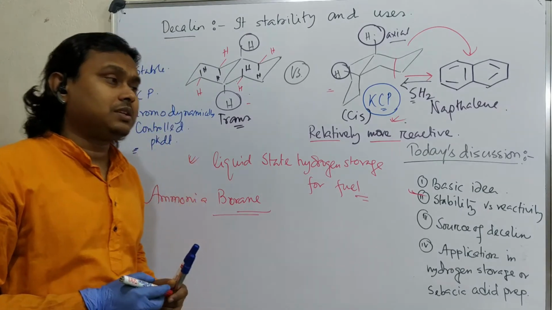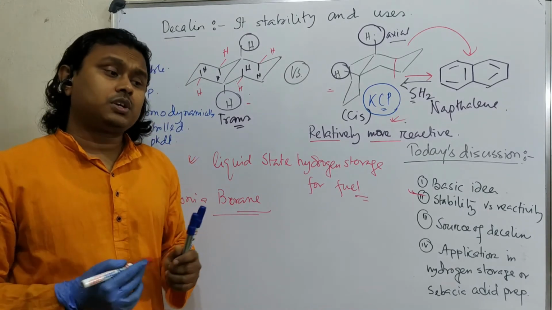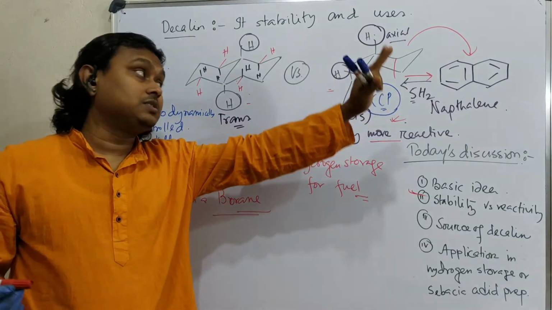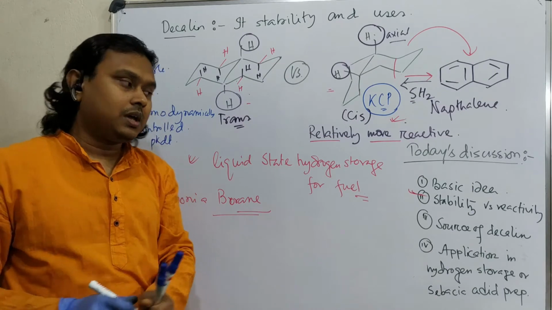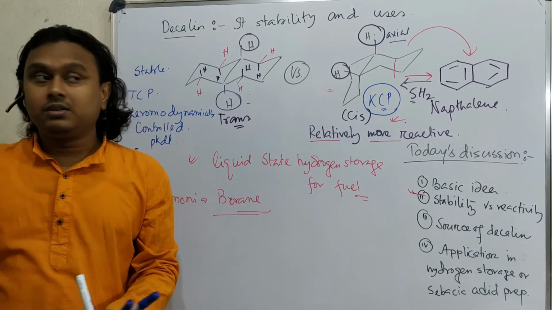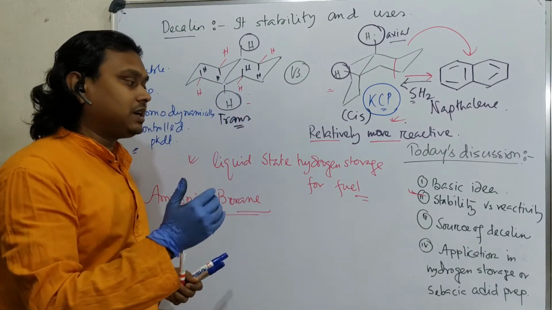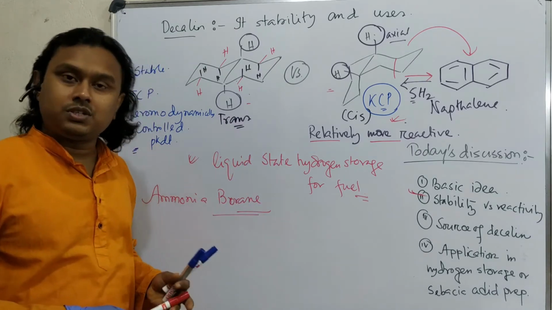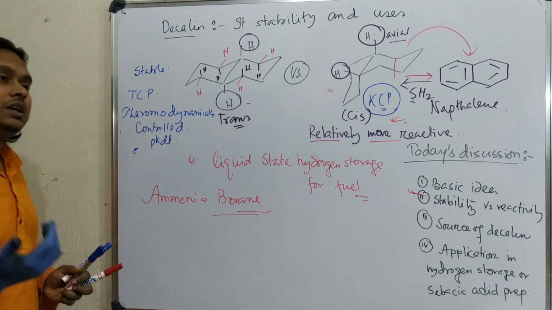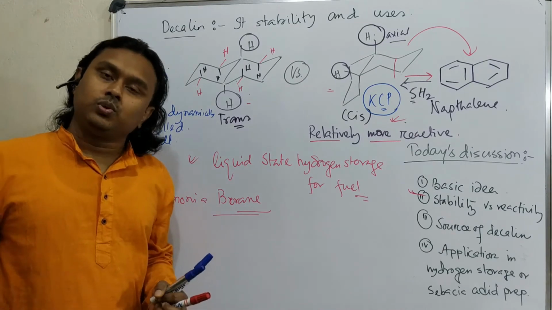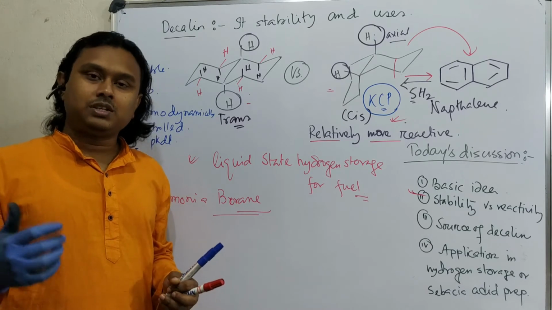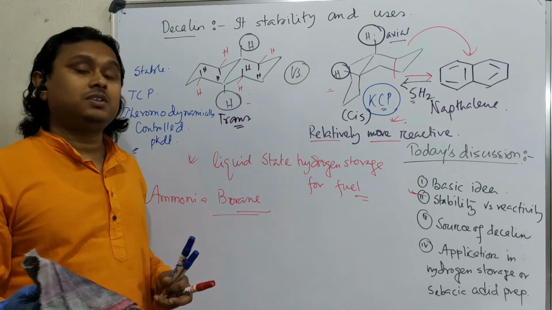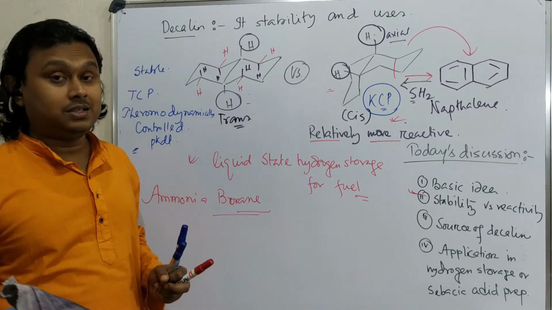For example, you may consider that there are some transition metals which can absorb hydrogen and store it efficiently. How much more efficient is one compared to the other, if you compare this versus this? So this is the overall understanding of this thing as a hydrogen storage device. Not only this, some other things like benzene and toluene can also perform a similar job. And since we are moving towards a carbon neutral economy, such alternative technology is also highly desirable.